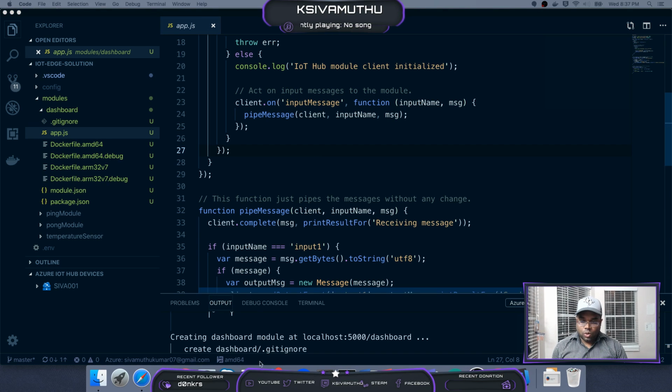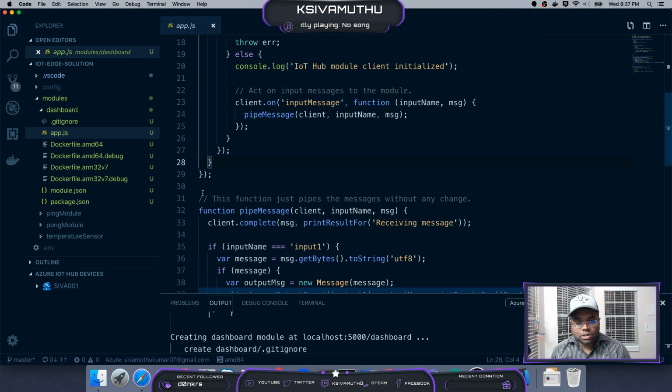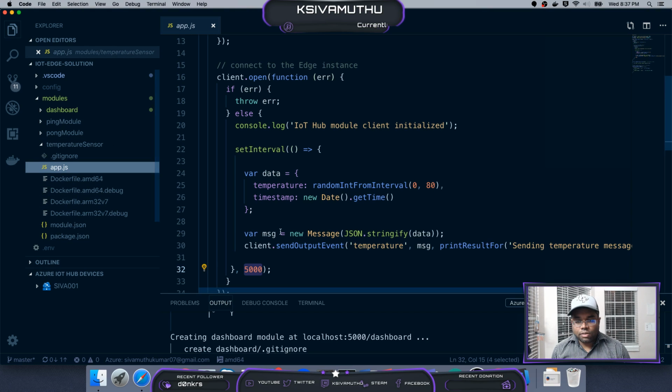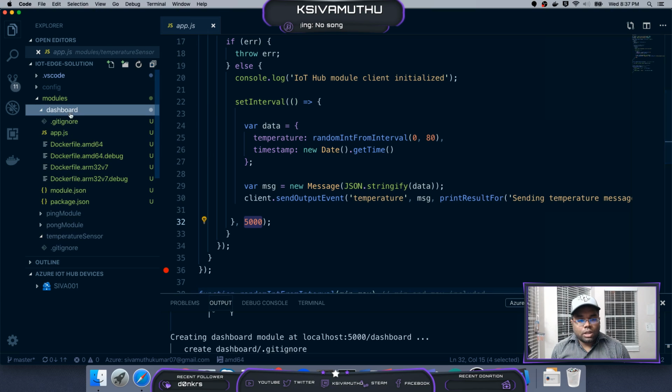let's go back to our terminal and go inside the modules, dashboard module. So here I am. Okay, the first thing I would do is make sure I'm able to get the temperature sensor data, whatever we are sending here, that is a random temperature, to the dashboard module, right? So this app.js is the temperature module, and